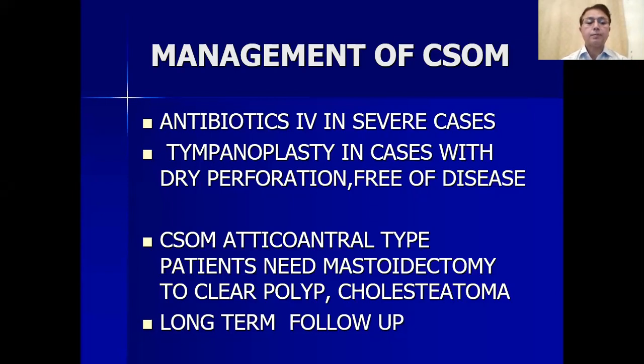In chronic suppurative otitis media, patients sometimes have cholesteatoma. The disease is called attico-antral type. Here, the patient always needs a modified or radical mastoidectomy to clear off the cholesteatoma and polyp. Here, follow-up is for many years. For 5 to 6 years, the patient has to come repeatedly so that the disease is totally vanished, eradicated. If the patient has a perforation, and here you can see the round window through the perforation. Such perforations, once the infection in the middle ear is dry, it's dry since 2 to